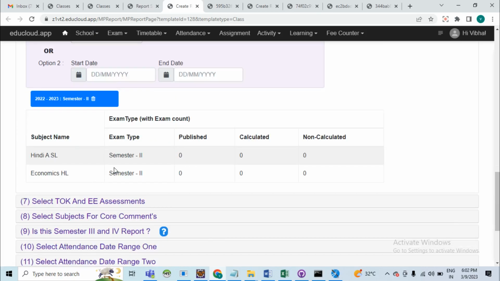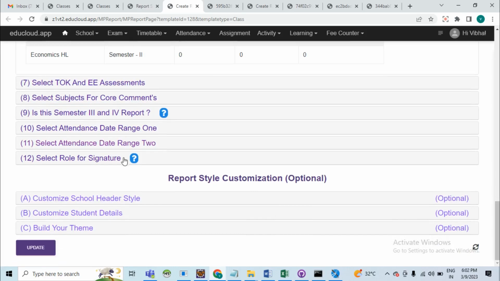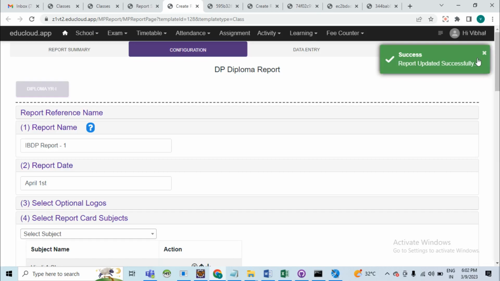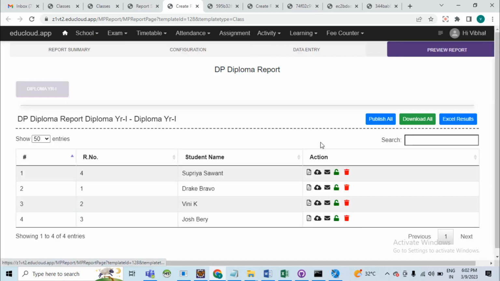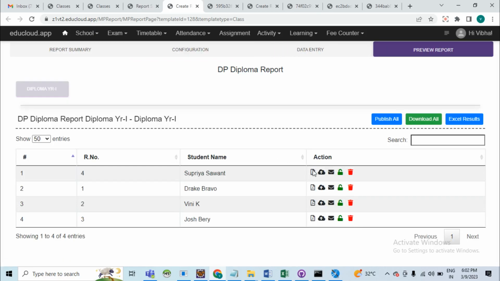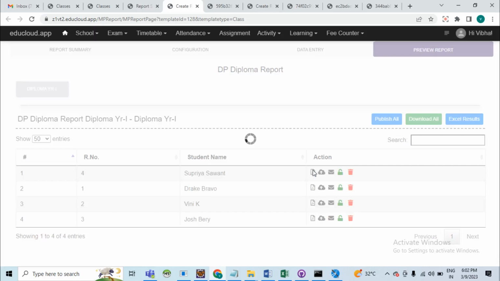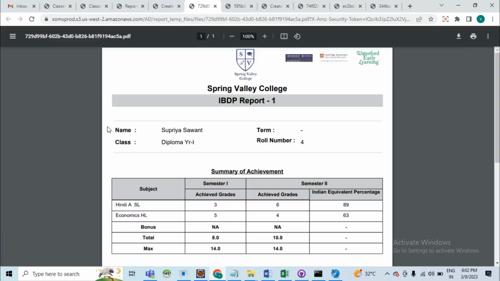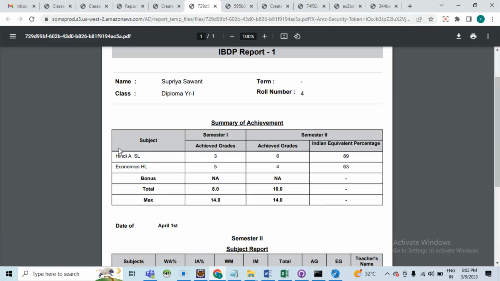Let's see what happened. So now I go to the preview and click on the first student, Supriya Sawant, and download the report, and yes, I got this Hindi SL and their achieved grade for semester 1, achieved grade for semester 2, and